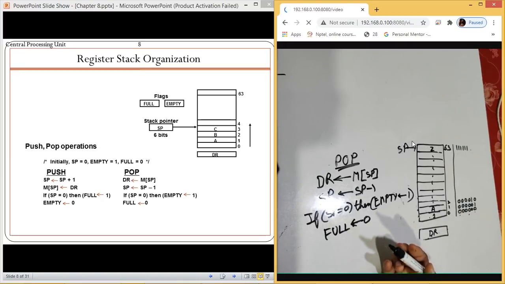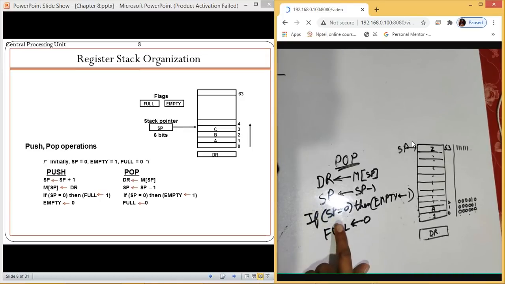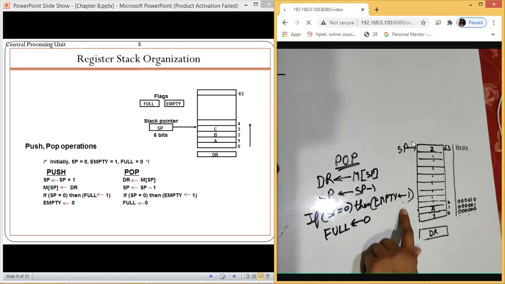There are two different operations, push and pop. When we are pushing the elements, then the full value will become 1 if the stack pointer is 0. If we are popping the elements, because we are emptying the stack, if we are making it empty, then empty will be 1, full will be 0. Means when we are popping the elements, we are getting them out of the stack. Then if the stack pointer becomes 0, then it is empty.